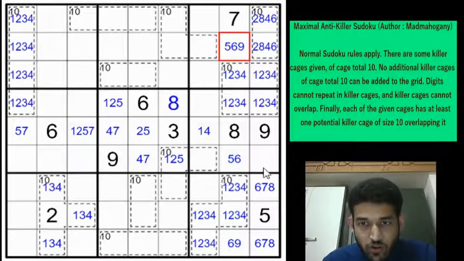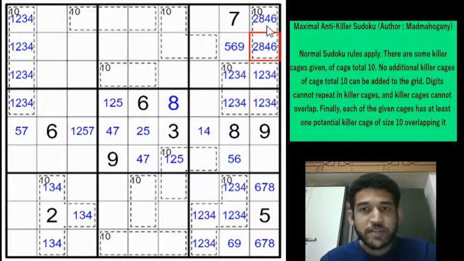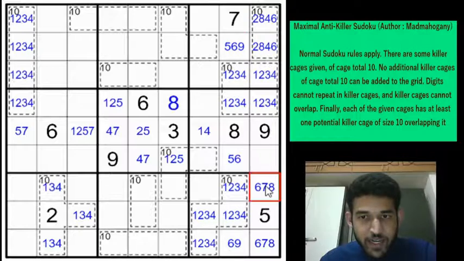Okay. Now if you look closely at column 9, we know for sure that out of 6, 7, 8 there will be 2 digits in these cells. And look at this cage closely as well. Out of 6 and 8 there will be 1 digit at least because 2 and 8 or 4 and 6. So which means in either of the scenarios we have either a 6 or 8. So we are kind of creating an invisible triplet in that column. So 6, 7 and 8 will be locked in these 4 cells.